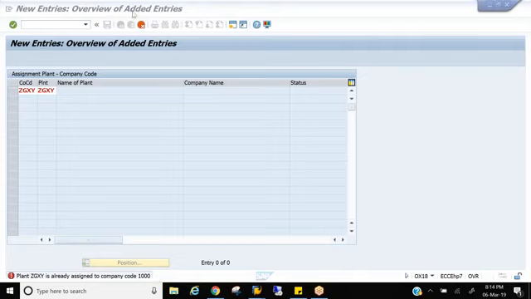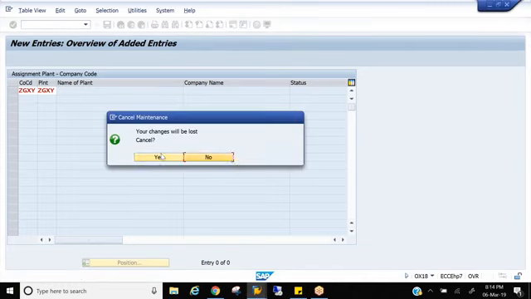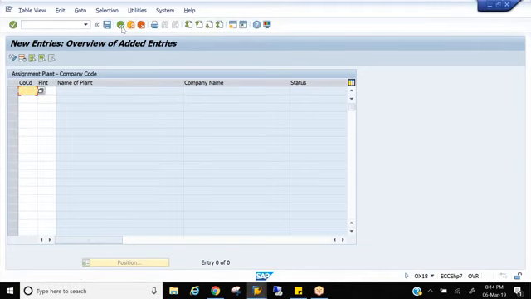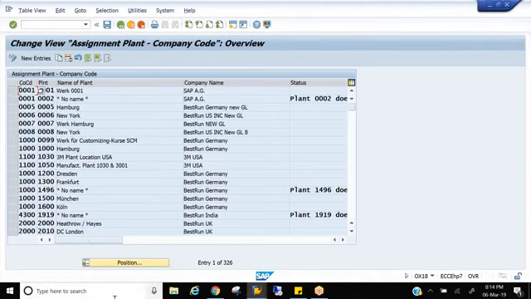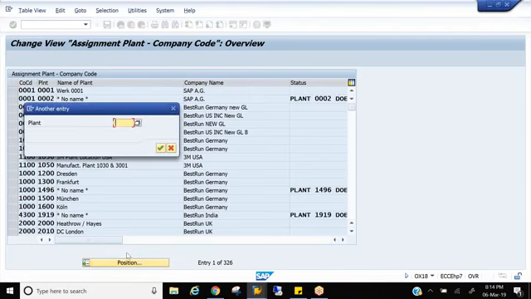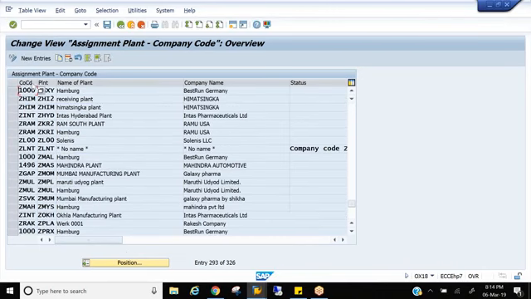So what do you need to do? First, find out where this ZGXY combination is. That means go to position and give your plant ZGXY, for which company code 1000 is already assigned, because we copied ZGXY from 1000, and that plant already has a 1000 company code assignment. So the same configuration has been inherited to even our plant, right? For our plant, there is already company code 1000. That's the reason the system says there is already a plant assigned, so you cannot change.